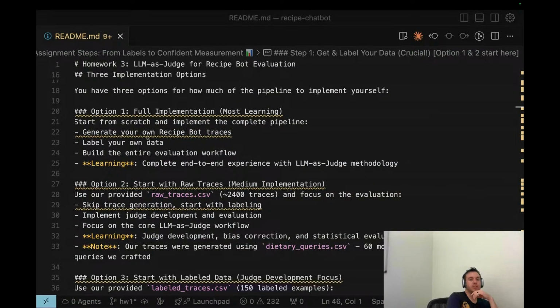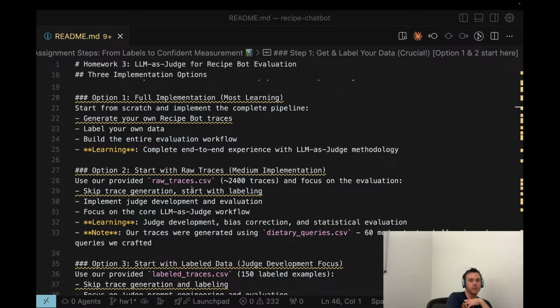This kind of just duplicates a lot of work that we've done across previous homework, so I don't feel like there's a lot of value in redoing this. But if there were a different criteria you wanted to build an LLM judge around, then this would be the thing that you have to do. And that would involve creating the queries that you need to then create the traces and then go through and label the data. So I think what we'll do is